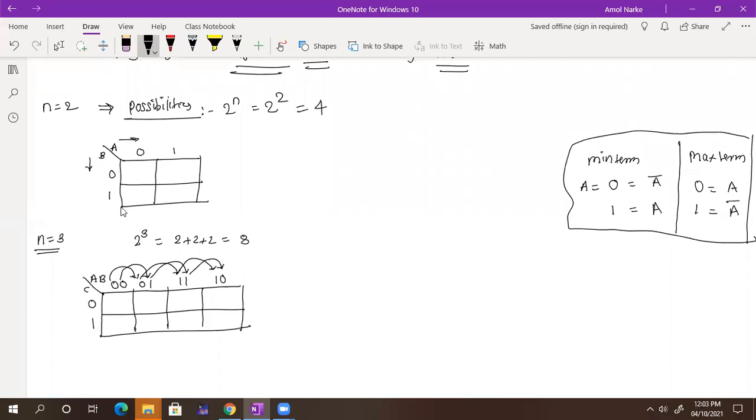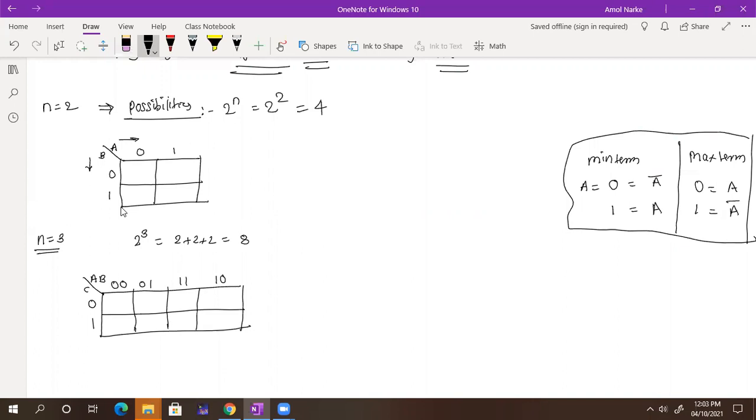This is what we are going to use for n is equal to 4 also. If I write down 1, 0 here, suppose, so what happened? There may be changes in two places. 0 changes to 1 and 1 changes to 0. So that's why the Karnaugh map does not allow this. So this is the proper way. And this is what you have, 8 outcomes. 1, 2, 3, 4, 5, 6, 7, 8. Got it, everyone?